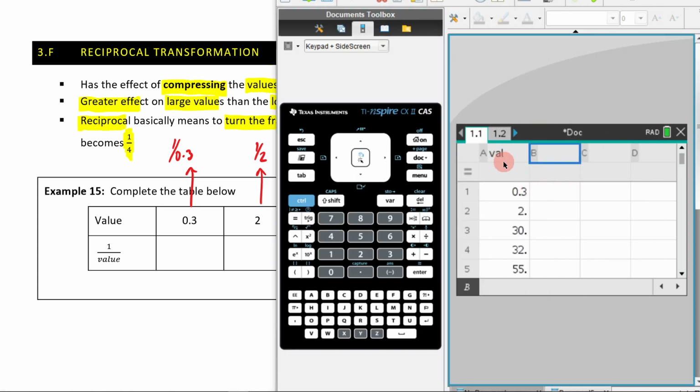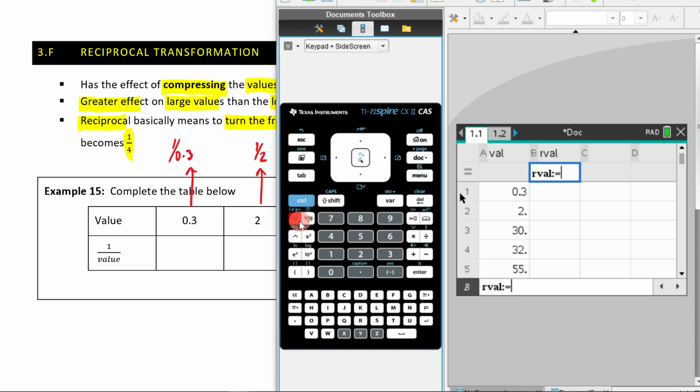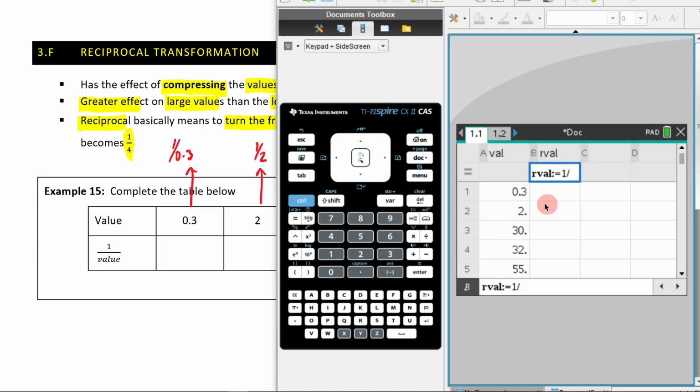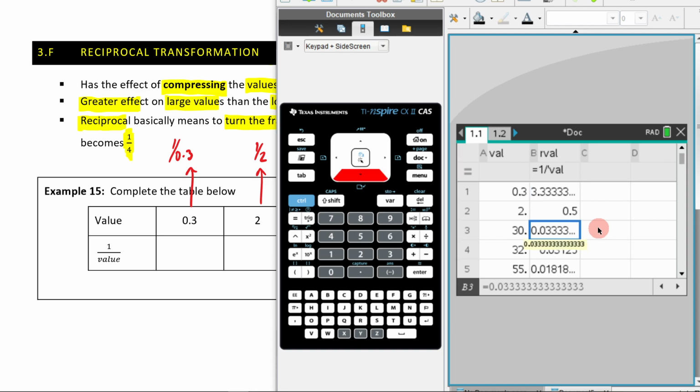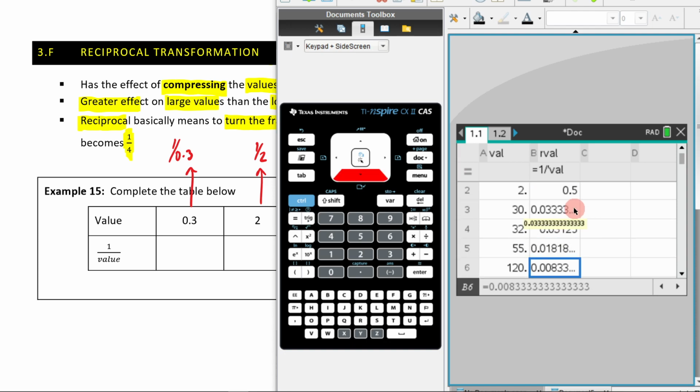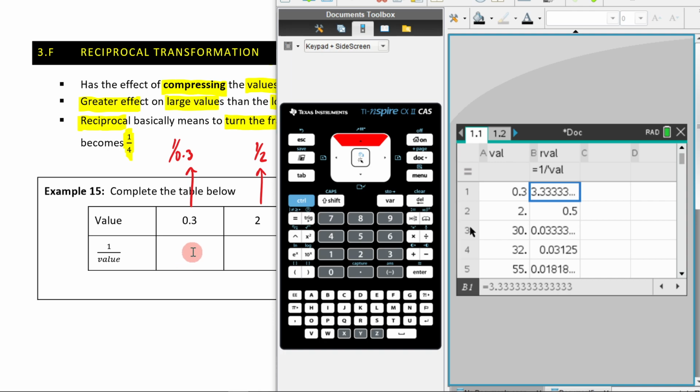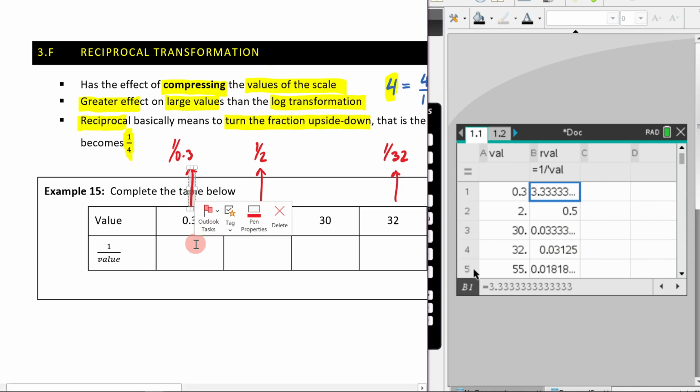So as you can see, I've already put in all these values and I've just called it val. And now I'm going to find the reciprocal of the value. So I might just call this r val. And then I'll come down here, I'll hit equals. I'm going to go 1 divided by variables, the val right here. Whoops, if I can do that again, variables, val, there it is. Hit enter. And just like that, we have gotten all our values here. Let's now move all of them over here. So I'm just reading off these. And you can see I've got